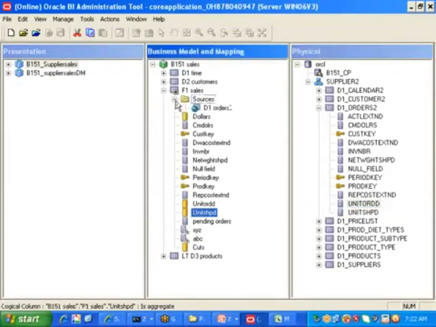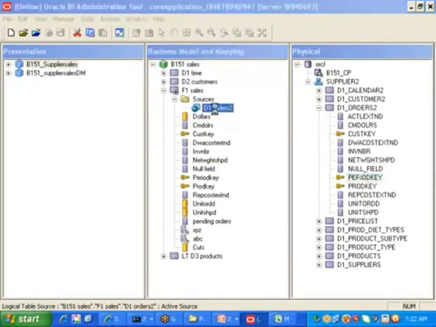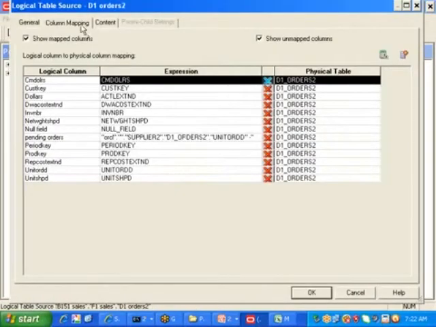How we can do it, people are already aware of it. The logical column to physical column relationship is defined where, sir? It is defined in the LTS. So you can go to the LTS table, and there you can create a column mapping, a new column, right? I am creating a new column.